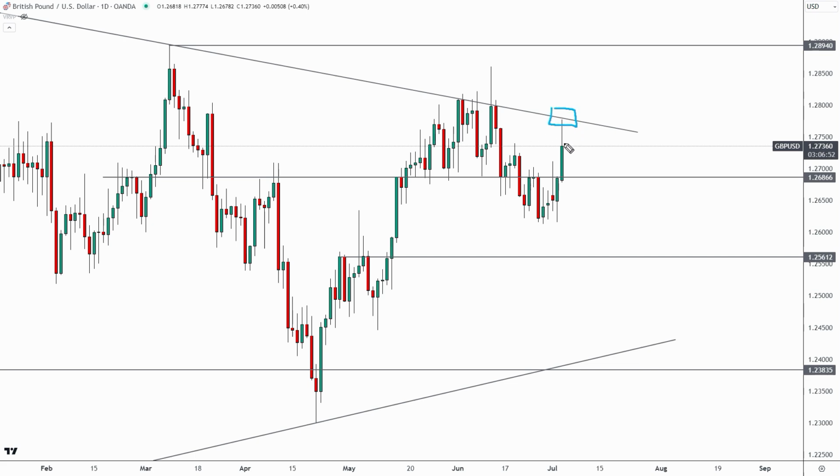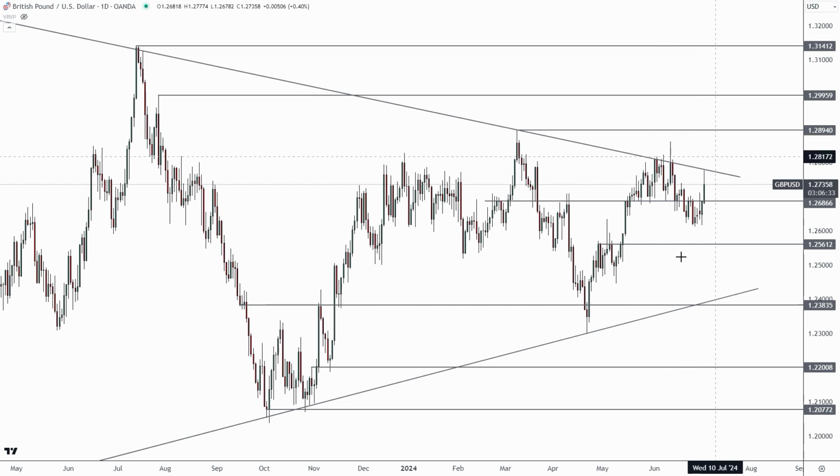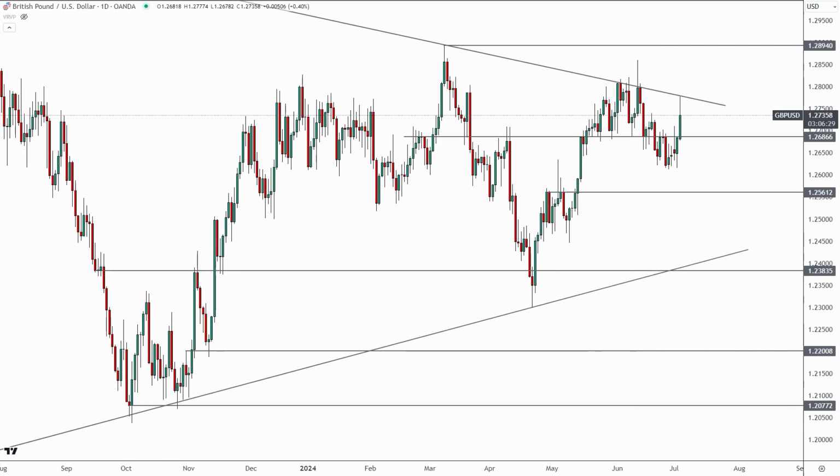Now, if we see the pound come up here and start to really pressure this area, okay, then that could be enough for me to get out because that's telling me that there is a decent chance we do see a breakout or at least a sweep of some of these highs up here. And that is not something that I necessarily want to sit through, okay? But it would have to look relatively bullish for me to get out because what you'll notice is back here,